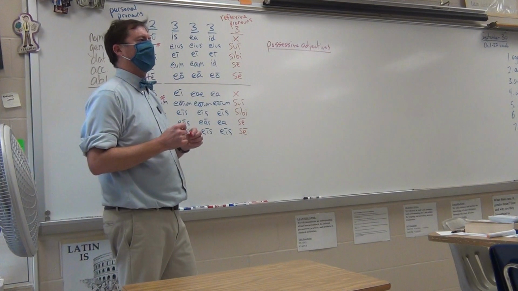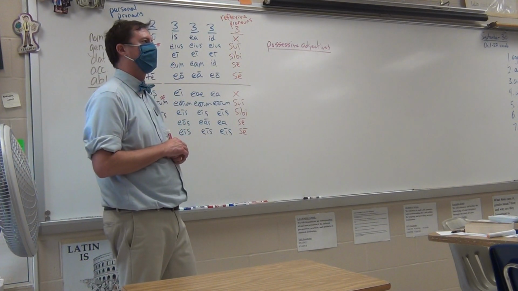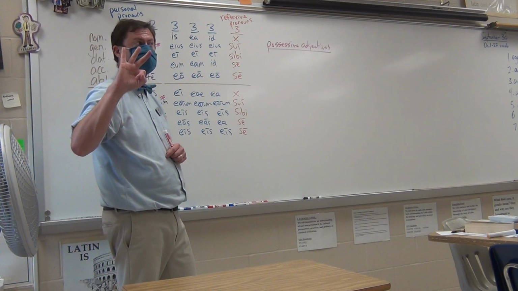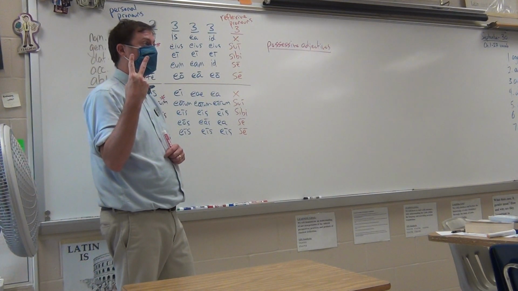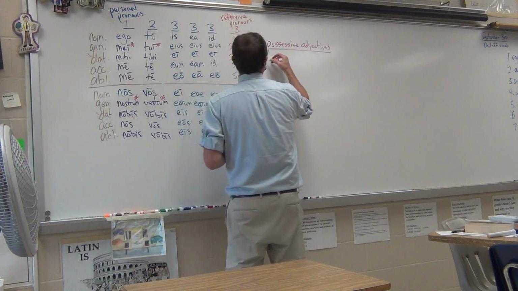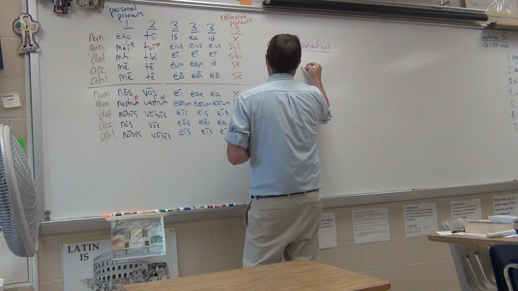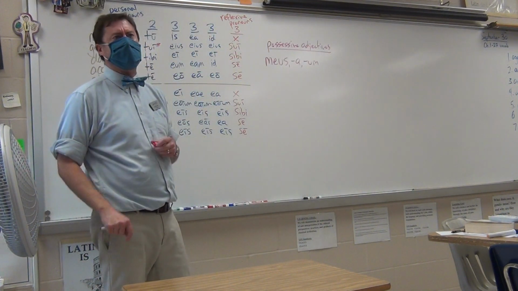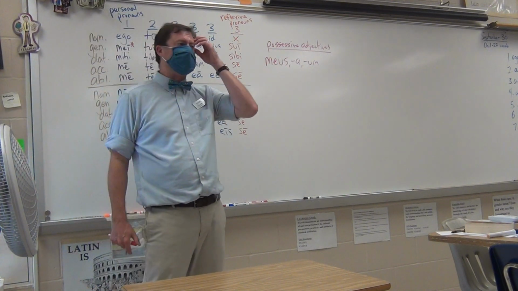Now, more important than the answer is, how did I get to that number? Why would you think that there'd be 6 possessive adjectives? Oh, because there are 3 what? Persons, and there are 2 what? Numbers. So the first one would be the possessive adjective that we see here. So let's all say it together. Here's one. Meus, mea, meum. And what does meus, mea, meum mean? My is exactly right.